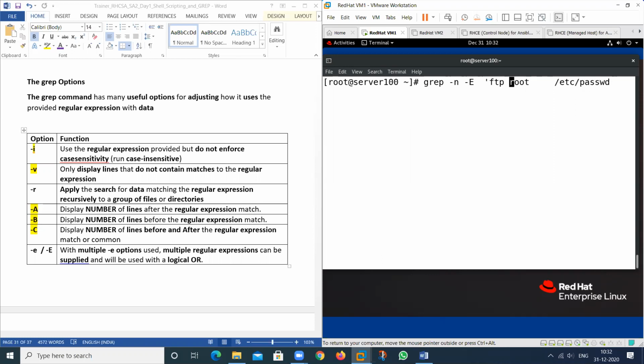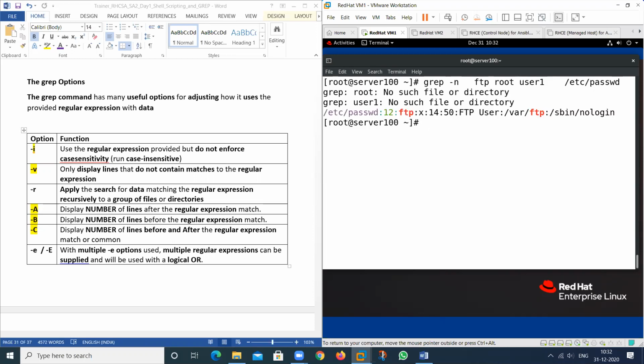If I print here the value, FTP also, root also, and my user one also. See, it will print only this first line, not this one, not this one. But I want to print this one also, and this one also. I want to print multiple values. Search multiple values, but by default it cannot search.